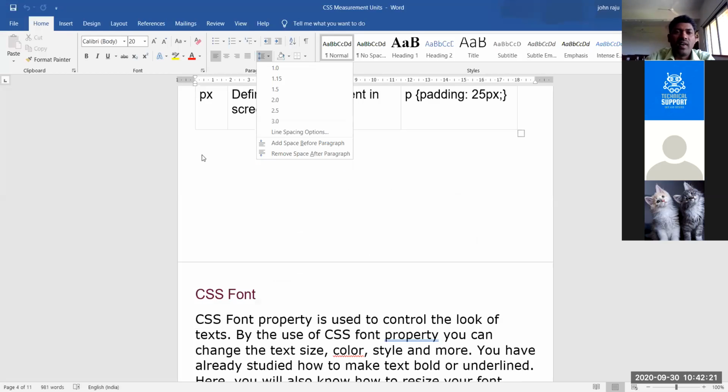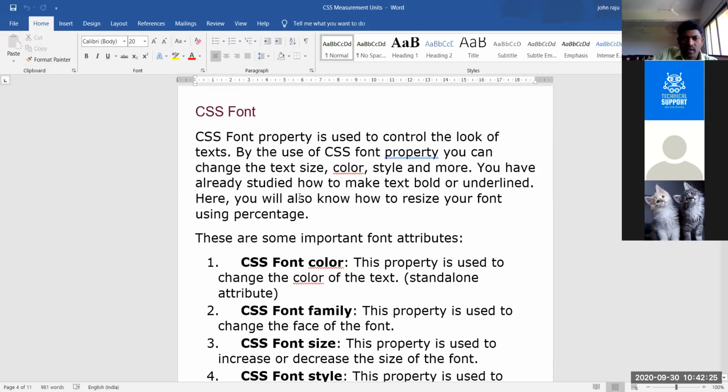Now we'll see some of the font families. Is the CSS font page appearing, visible to you? Yes, sir. So in CSS font, there are font family and font size, which are font properties.